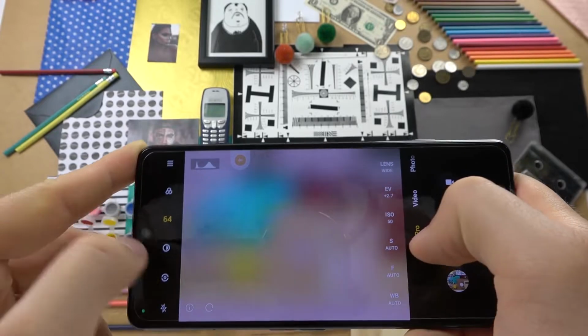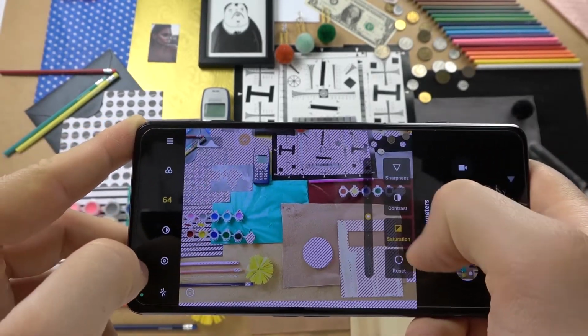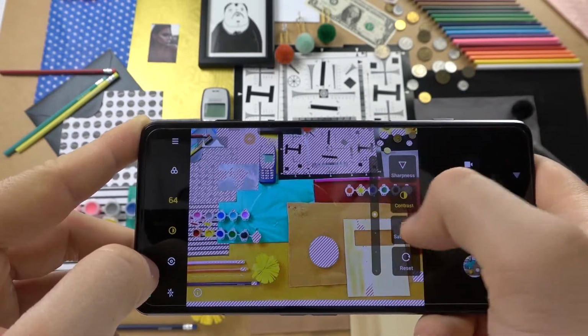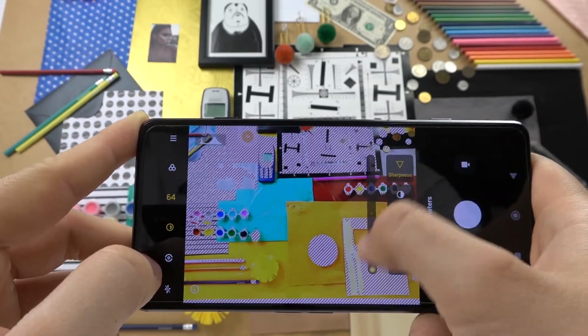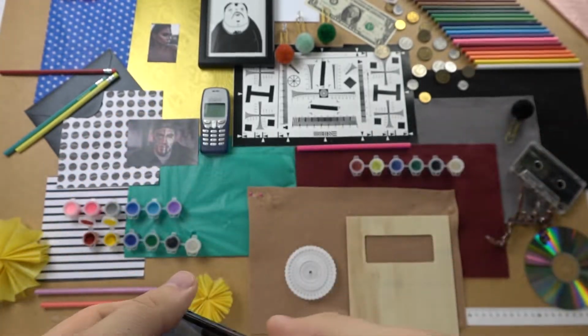And you can also turn on the 64 megapixel mode. You can also add filters, change contrast, saturation, sharpness. You can reset all of the parameters, and honestly that's all for this